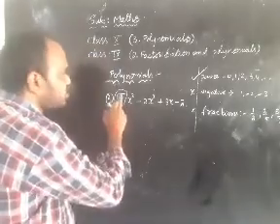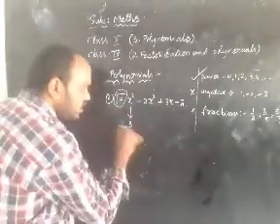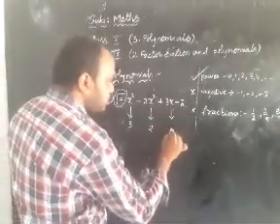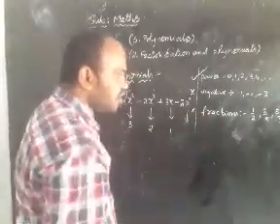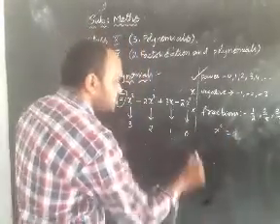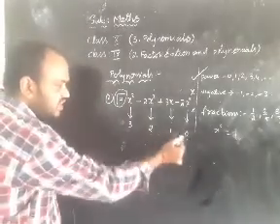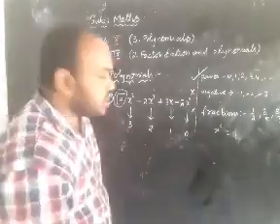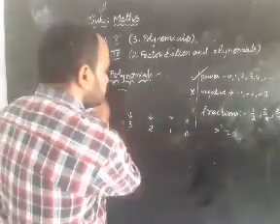The root is only for 3. The power of x is 3 here. The power of x is 2 here. The power of x is 1 here. Here we can write the constant as x to the power of 0. X to the power of 0 value is what? 1. So it is 0. We are seeing the powers as 0, 1, 2, 3. We are not seeing any negative integers. We are not seeing any fractions here. So now this is a polynomial.